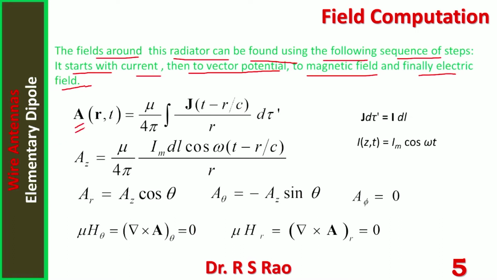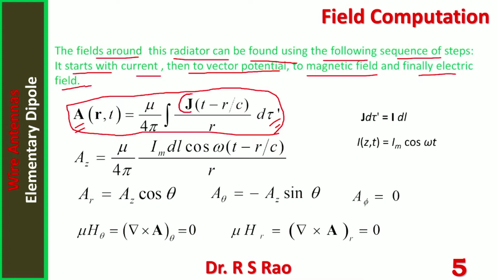Magnetic potential A of r, t by definition is mu by 4 pi integral J of t minus r by c over r d tau prime. This is the basic, fundamental definition of vector potential, but it is in terms of volume currents. d tau prime is the volume element, differential volume, but there is an identity: J d tau prime is I dl. We can use this identity and write down A in terms of